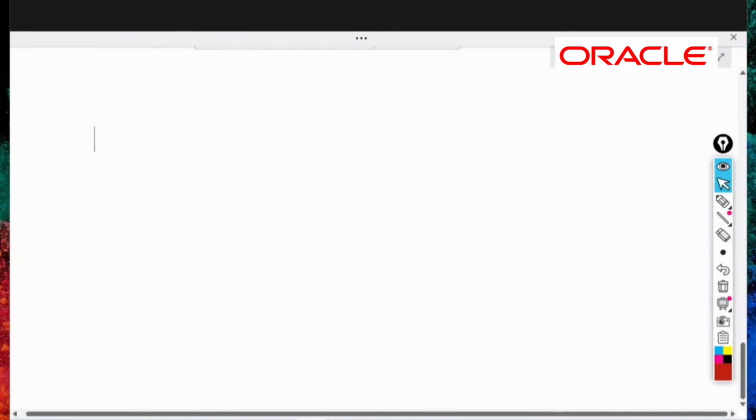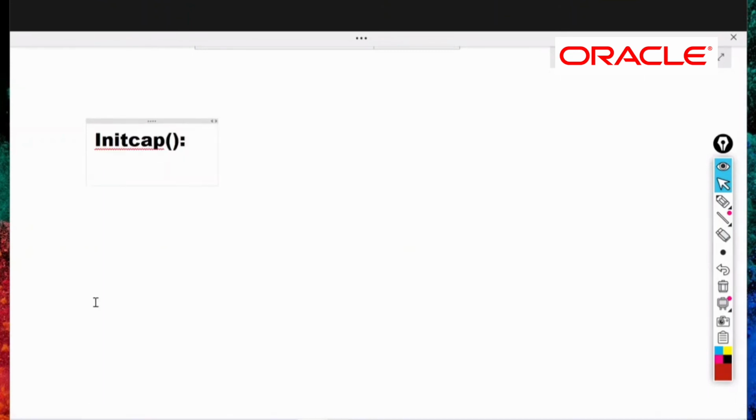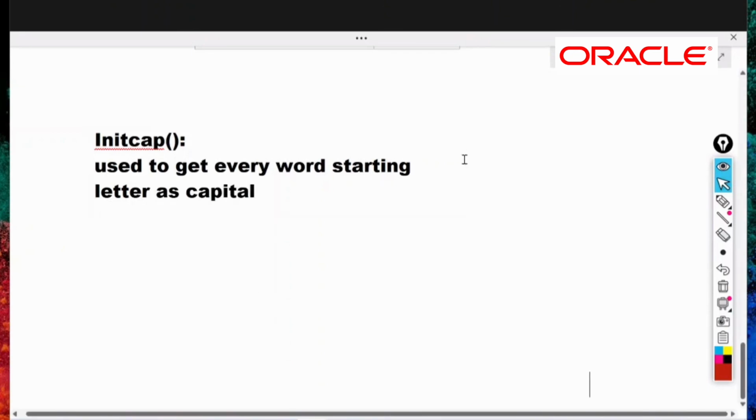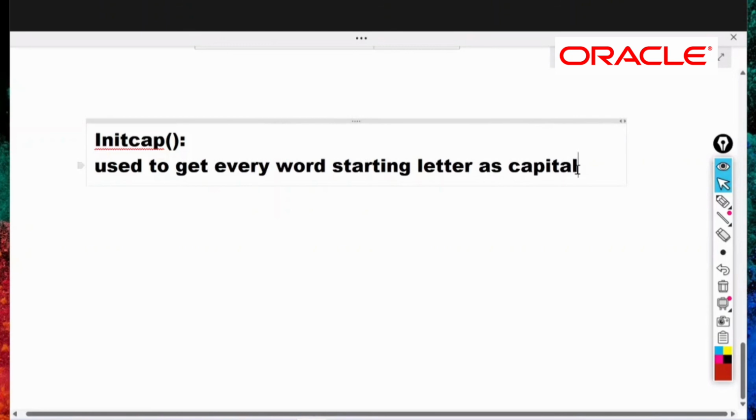The next function is the init cap function. This function is used to get every word's starting letter as capital. The name itself gives the meaning here: init cap, initial capital letter. It is used to get every word's starting letter as capital. See the syntax: init cap of,